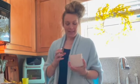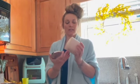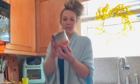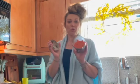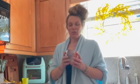I went ahead and did my Bath & Body Works haul, and there were quite a few candles in there. And I don't know about anybody else, but I hate it when candles get to the very bottom and they don't light anymore, but you still have all this wax left. It's kind of hard to tell. In here, I have all this wax left in the bottom, and these wicks just won't light now because they're so low. So what I like to do, when I learned how to do, was to melt these down,